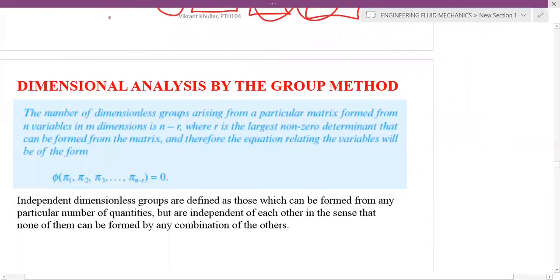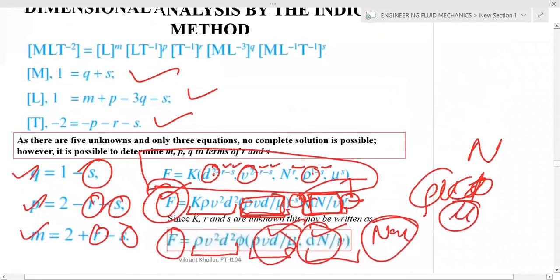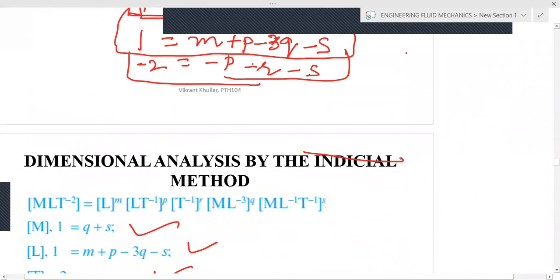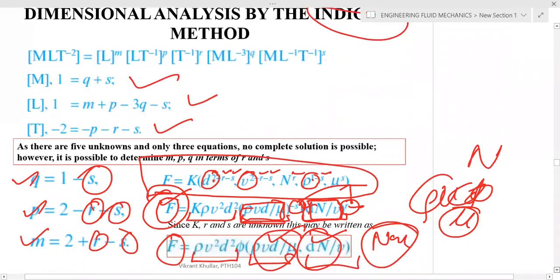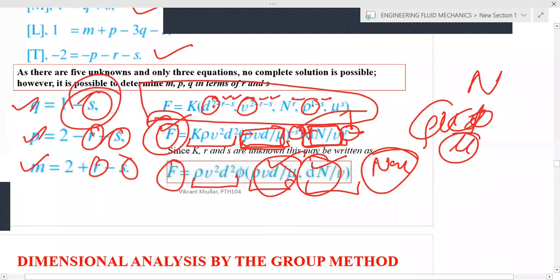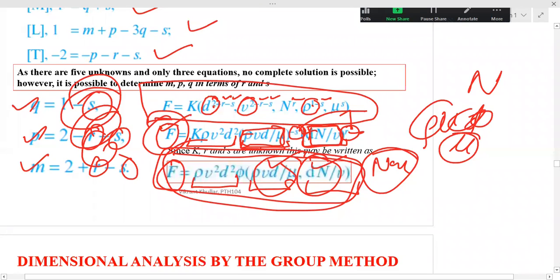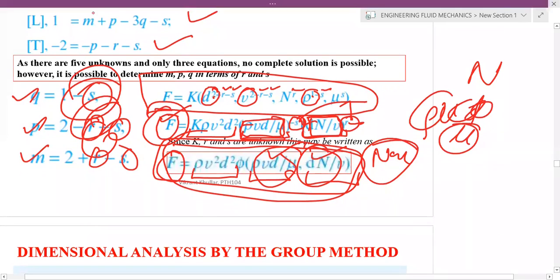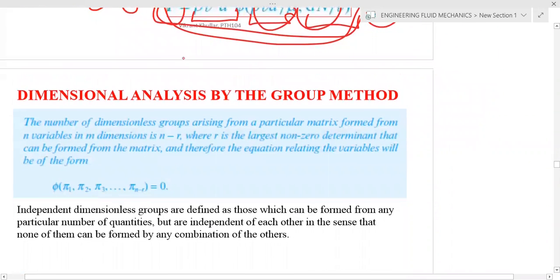Now I'm coming to the second part. This method of finding out non-dimensional numbers is called the indicial method. But this method has one shortcoming. What was the shortcoming? We were getting a lesser number of equations as compared to the number of variables. So we had to make certain kinds of manipulations here. But there is another method to do the same stuff, and that is called the group method or